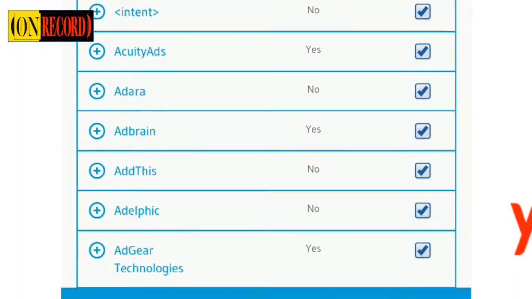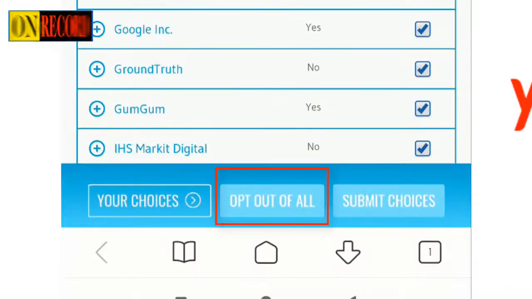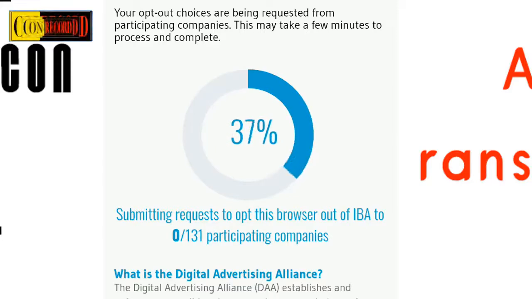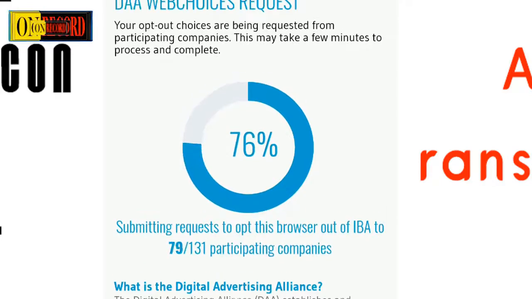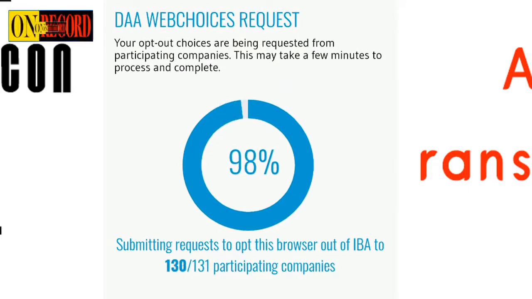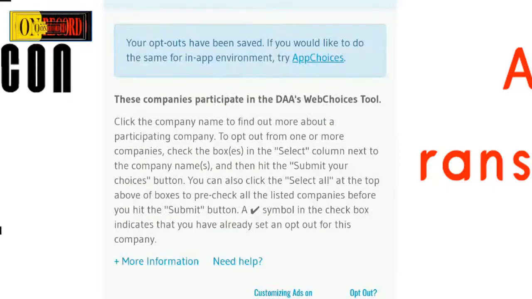And scroll down. Tap on Opt out of all. This also takes a while. That's it. Your problem should be fixed by now. But if you still face the same problem,